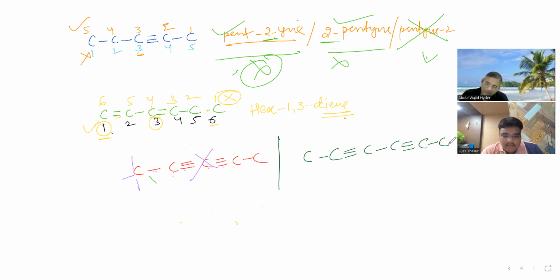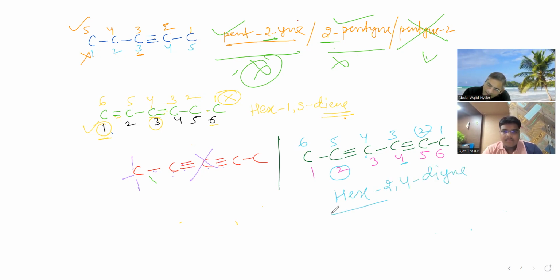Please tell me what will be the name of this one. Hex 1, 4 line. See, 1, 2, 3, 4, 5, 6. Now we'll start counting carbon from this side also. 1, 2, 3, 4, 5, 6. Here second carbon is having triple bond, here also second. Fourth carbon here, also fourth. So from left hand side or right hand side, from any side you can start counting carbon, because from both ends it remains the same. So hex 2, 4,